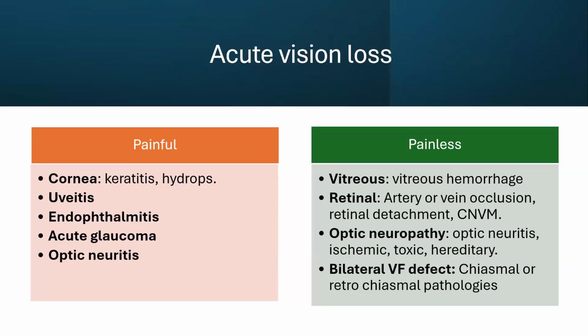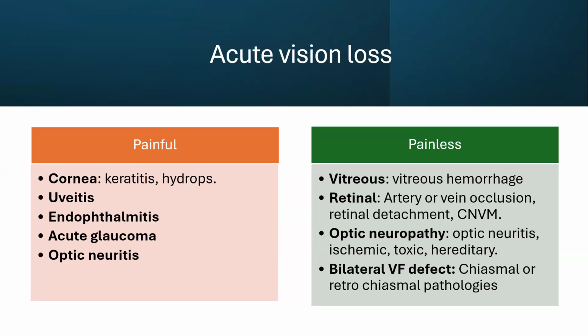Whenever you approach any case, I start with a differential diagnosis. Keep your differential in your mind. If you have a differential in your mind, you'll be able to ask the questions, but if you don't have a differential, you cannot ask just haphazard questions. So ask yourself, if you have an acute visual loss, is it painful or painless? And ask the patient this question: do you have pain or not? The differential diagnosis is different.